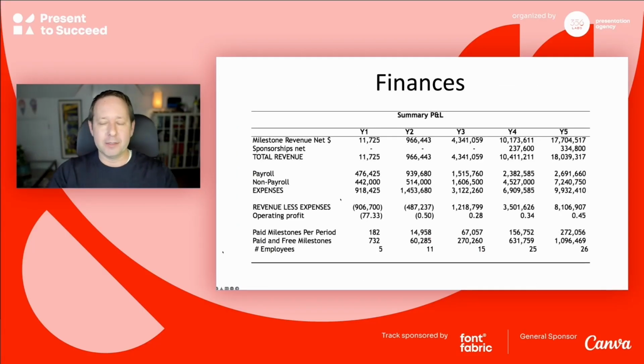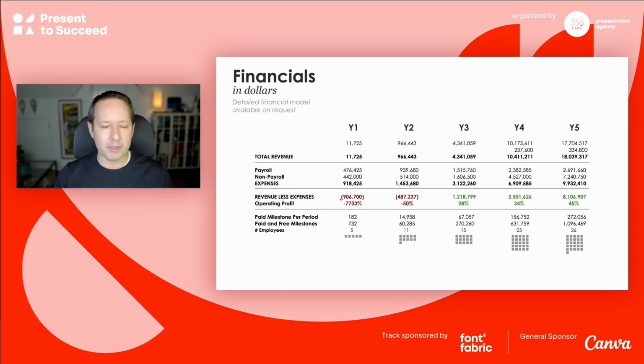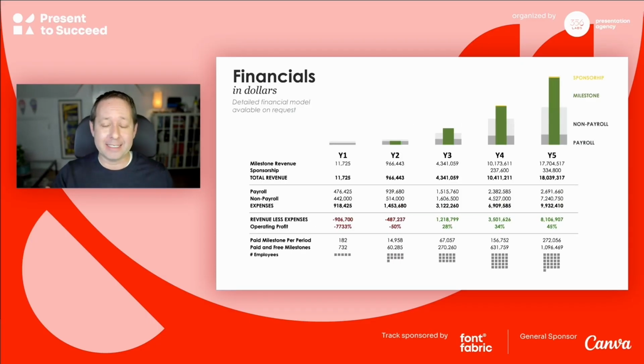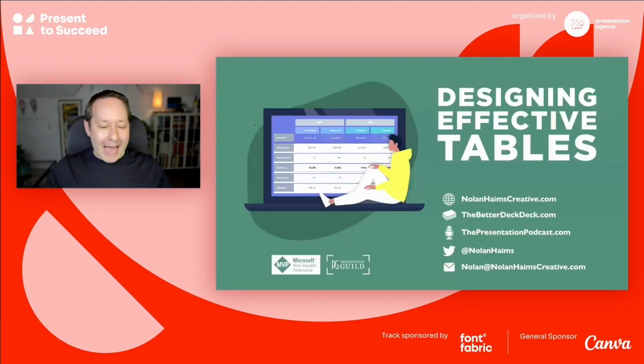I'll show you, we did a 5-year P&L for a web startup a while ago, and this is what they sent us. This is what we designed. We did some table design, but then it wasn't working for me visually, so I added a visualization. I added a stacked bullet graph at the top, which is now, for me, I'm a visual person, now I can easily see when they start making money in year 3 and how much versus the different expenses, and it's just like, this is the way we do P&Ls now. It's all tied in, and it gives a visual, but you have all your numbers. So tables can be pushed into the glanceable realm. All right, so that's tables.